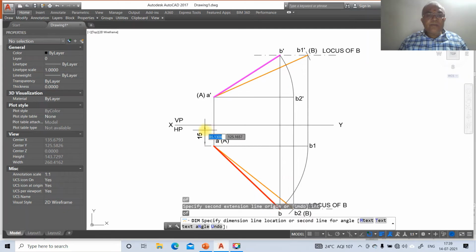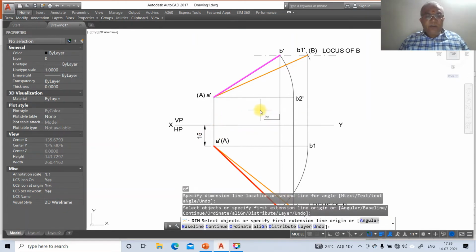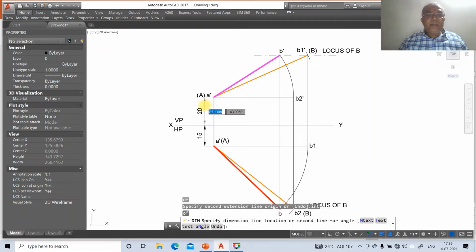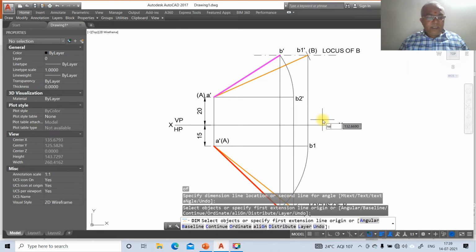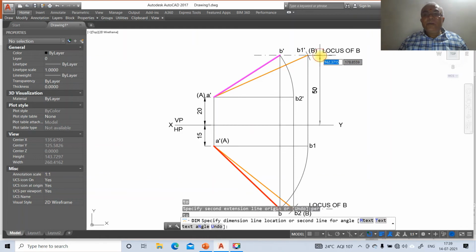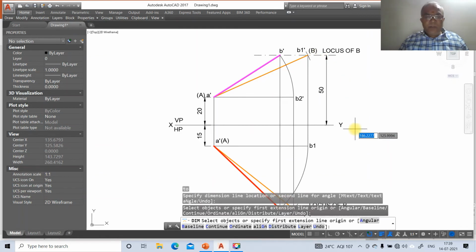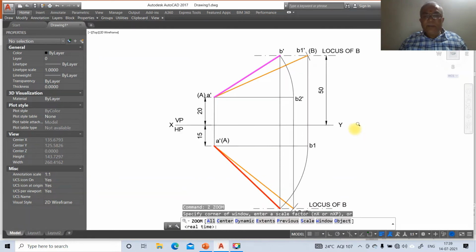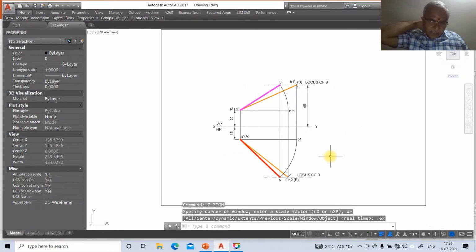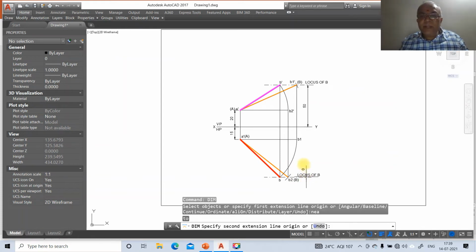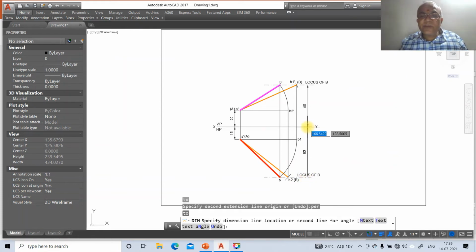So here it is going to get 15, and take int of this and take int of this. So here it is 20. Then go to nearest, and then perpendicular, you will get 50. Then go to zoom 0.6x, then go to nearest, go to dim, then go to nearest, click on perpendicular to this. So we'll get 60.